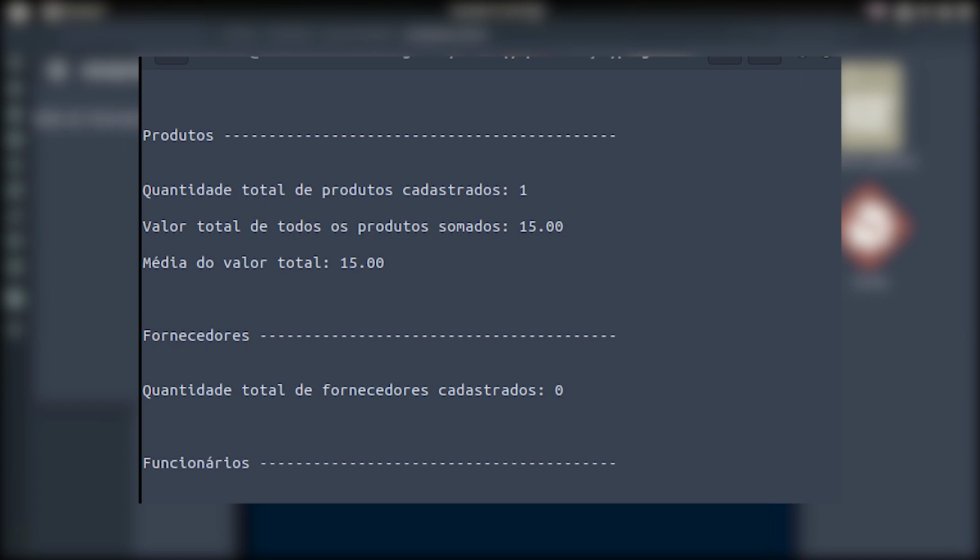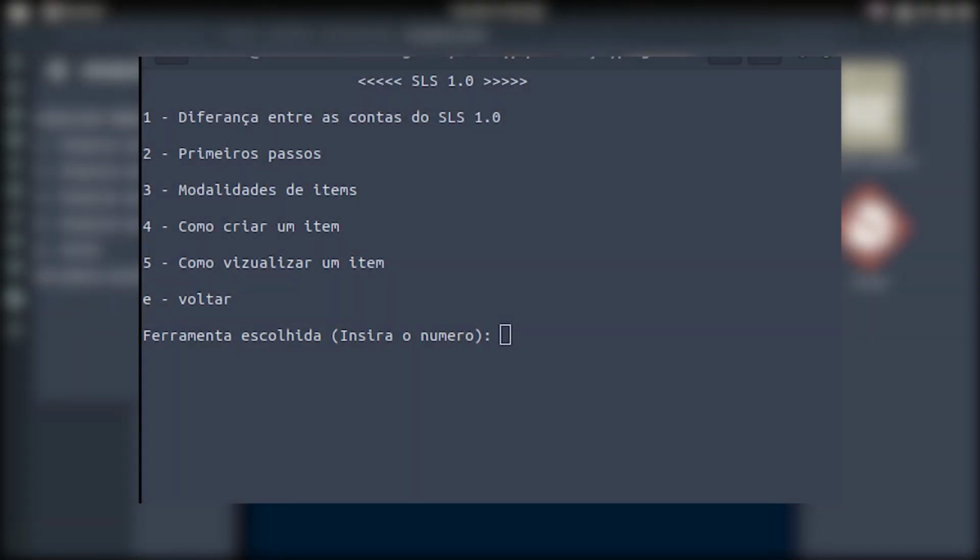The reports only showcase generic information such as how many of a given item is present in the database at that moment, and how much salary has to be paid, as well as the median price of a product. Manuals being only a quality of life improvement that have all the information you need to use